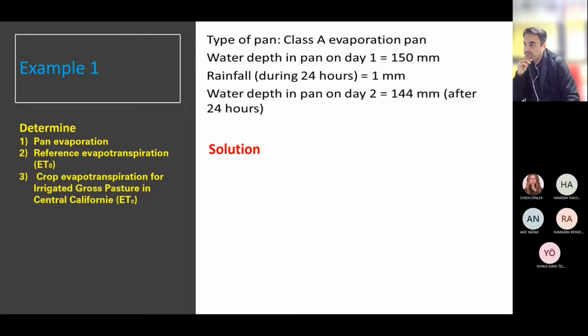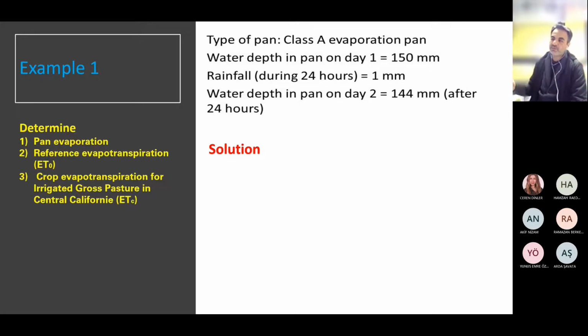And the water depth in the class A pan on day two, after 24 hours, was 144 millimeter. So the question says determine pan evaporation, reference evapotranspiration, ET0, and crop evapotranspiration for